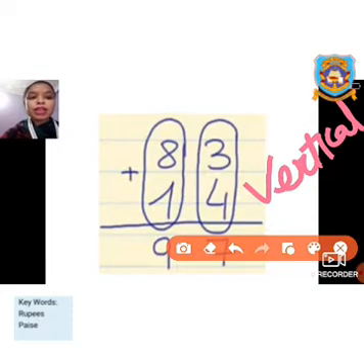Now here you can see when we add or subtract numbers, we start from the ones place. That is 3 plus 4 equals 7, 8 plus 1 equals 9. This is known as the vertical method. You are putting the numbers one below the other like a straight line. The first number, then the second number below, and at the last we write the answer. This is how we add numbers, whether it is 2 digit or 3 digit. We have already learned this in the previous chapters.